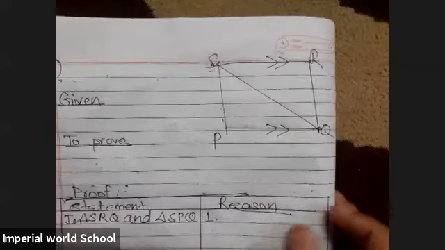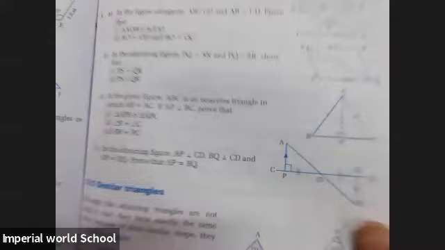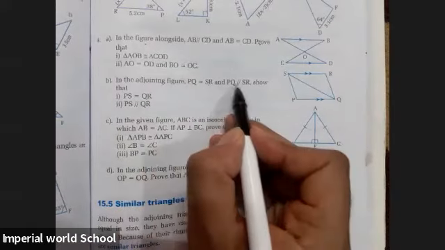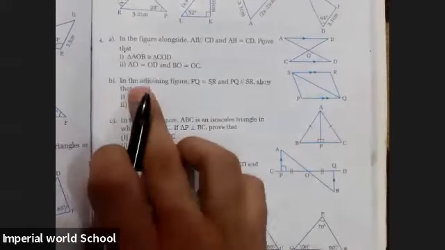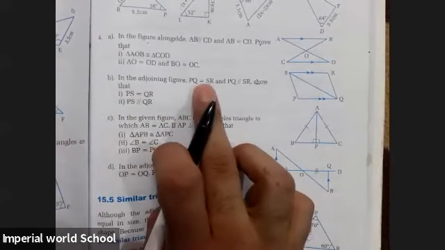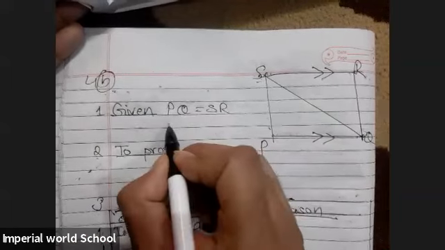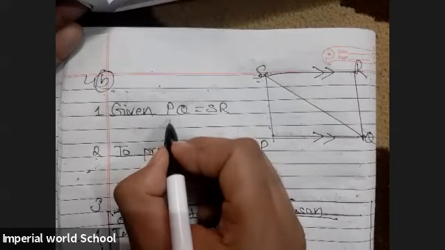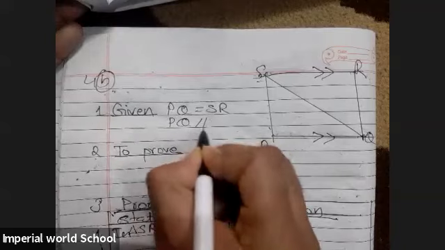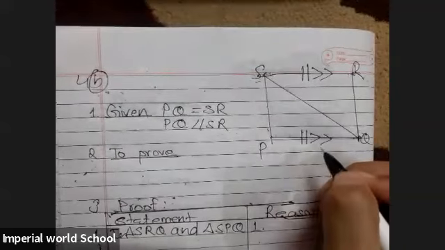So now first let's decide what the givens are. Let's write given also. I'm going to copy the same from the book only. See here, PQ equals SR. So this is the part of the "to prove", and this front part is going to be the part of given. So I'm going to write PQ equals SR. One given, and another given is PQ parallel to SR. So this means this is also given. I am using the symbol which is not given in the question.